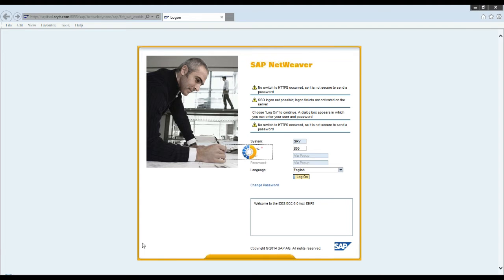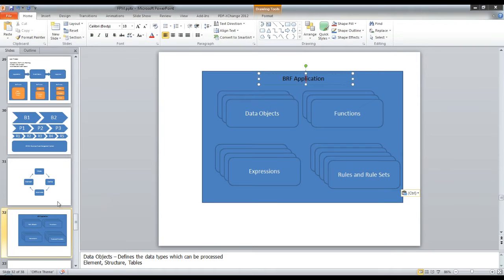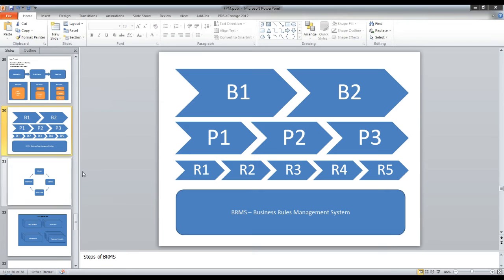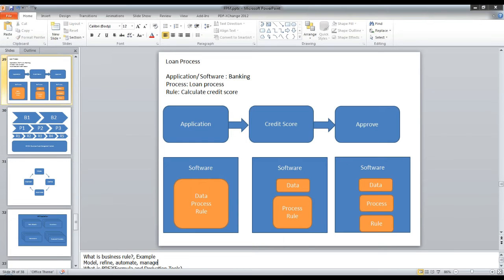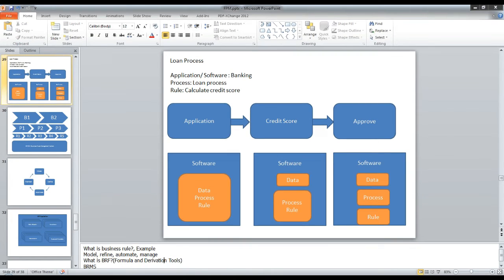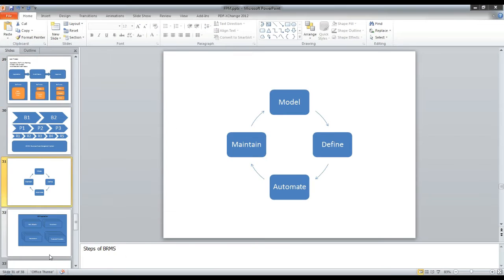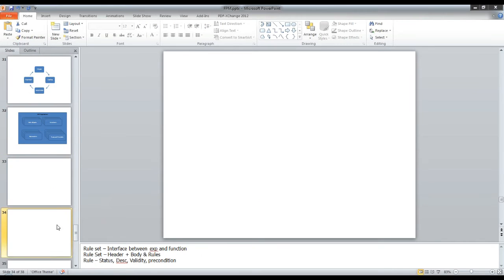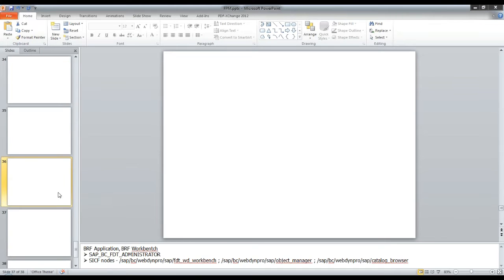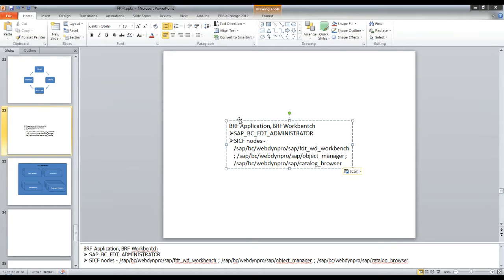So here there are a lot of entities. I will be explaining these entities in detail one by one. Before we get into detail, we need to understand what authorizations you must have in order to actually run this particular transaction. You need to have a couple of authorizations in order to run this transaction. You can't run this transaction if you don't have those authorizations.